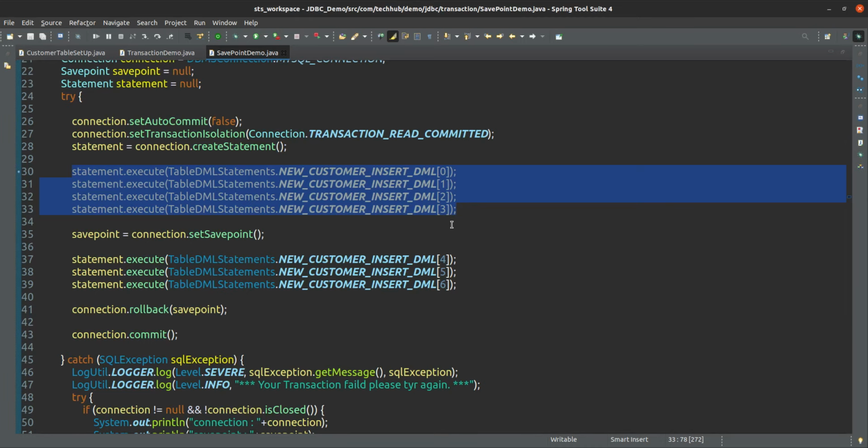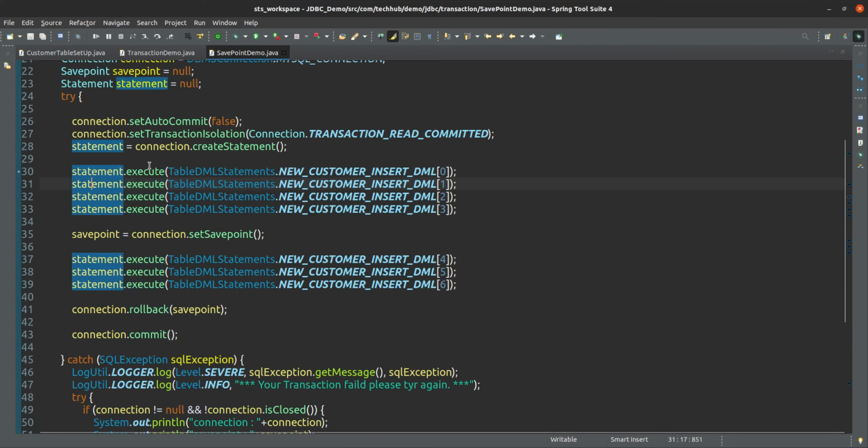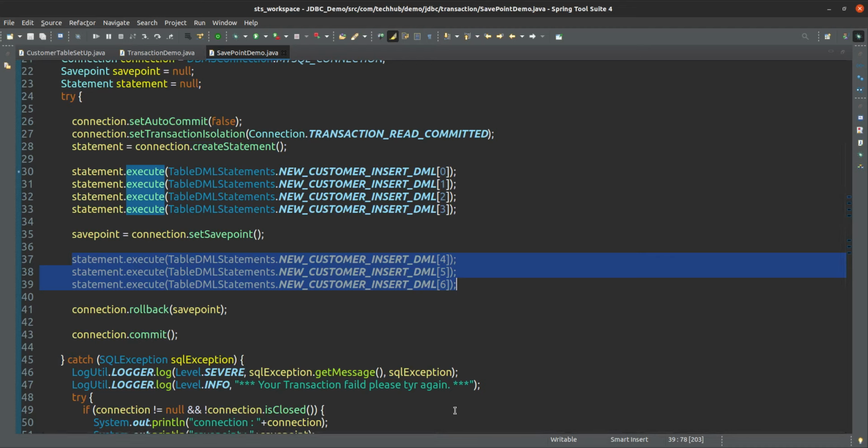We have called statement.execute. So 4 new records we have inserted here, and 3 more records also we have inserted. So total 7 records we have inserted, and 7 plus 2 is 9. So total 9 records are inserted. But I don't want these 3 records.